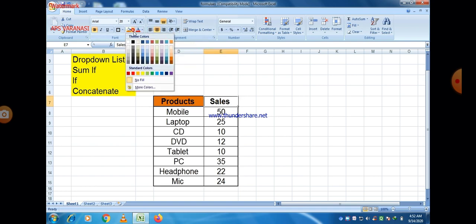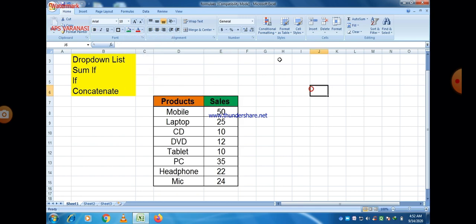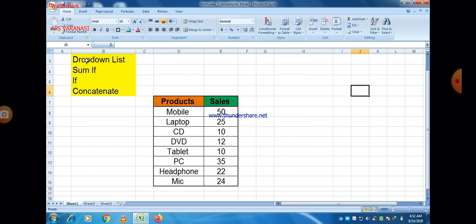So this is the column name, product and sales are the column names. I just highlight all these column names. Now to implement the drop down list, first of all select a cell.